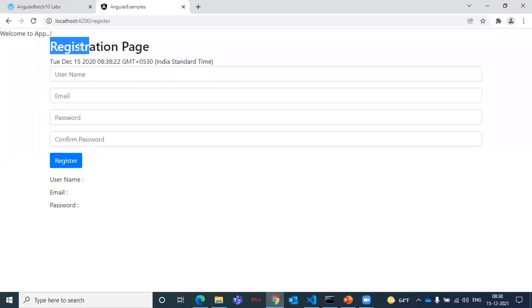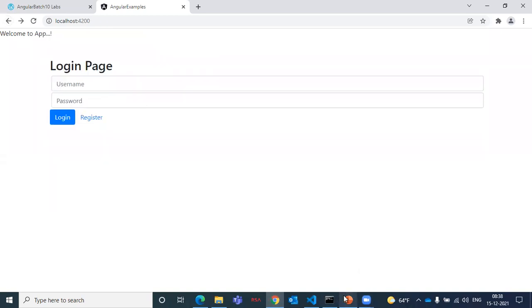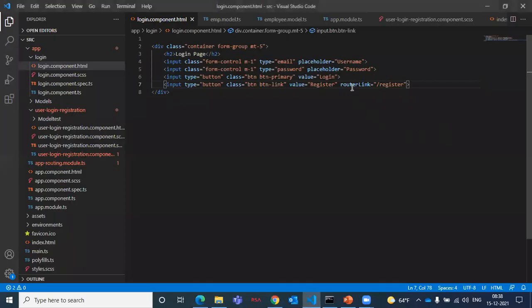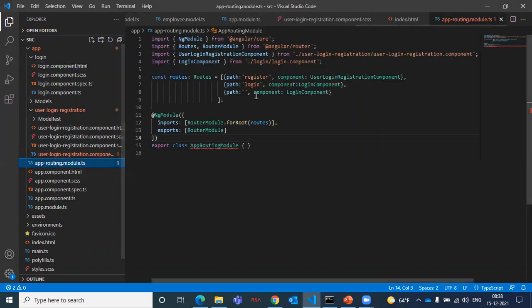Can you see the registration page or not? Yes. Let me explain here. No need to add a certain action or call something else. Simply, they have given one attribute called the routerLink attribute, which is specific to Angular. In that routerLink attribute, specify a path, which path you need to go. If you want to specify a slash or not, it is not required. The path value should always match this path here. If I give register1 as the path here, I need to give register1 here.